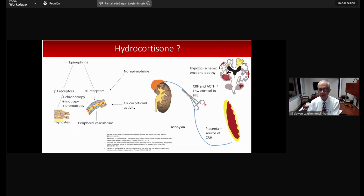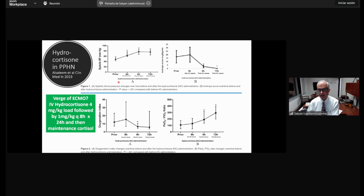The last drug I want to talk about is hydrocortisone. As many of you know, in babies with hypoxic ischemic encephalopathy, there is usually a deficiency of cortisol, and especially soon after birth, they develop a relative adrenal insufficiency, which can lead to catecholamine resistant hypotension. So there are some studies that have shown that in babies on the verge of ECMO, using a bit of hydrocortisone might help with improvement in blood pressure, decrease in inotropic score, decrease in oxygenation index, and improvement in PaO2